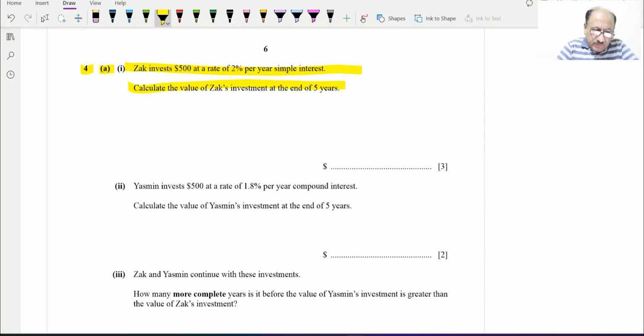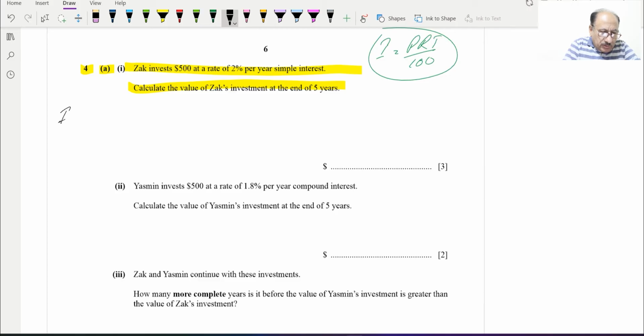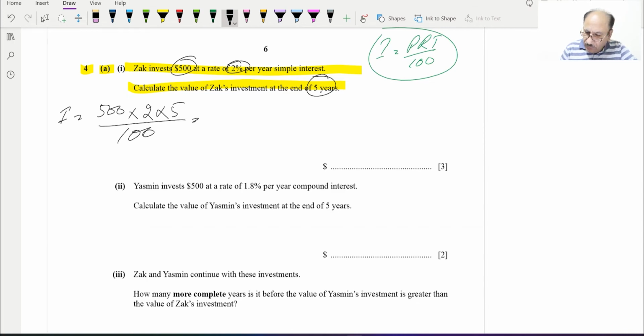Calculate the value of Zach's investment at the end of 5 years. So basically this is a simple interest formula which we'll be applying. Interest is equal to PRT over 100, PRT over 100, and this will be interest only. So interest will be equal to, principal amount is 500. So 500 multiplied by rate, which is 2%, into time duration, which is 5 years, and divided by 100, and this will be equal to